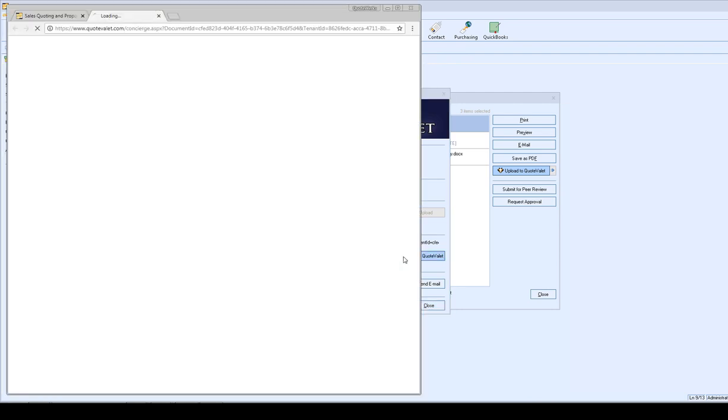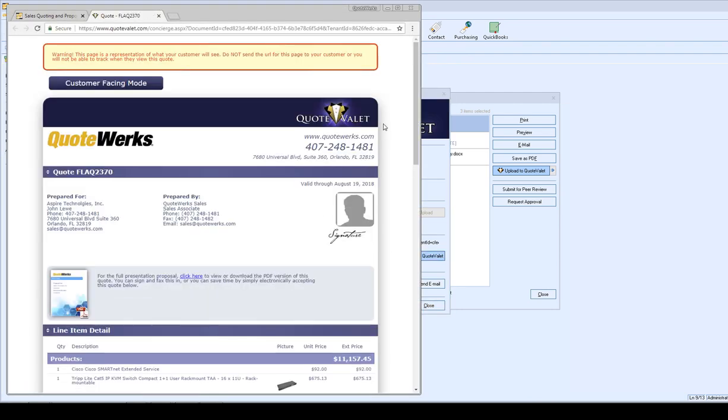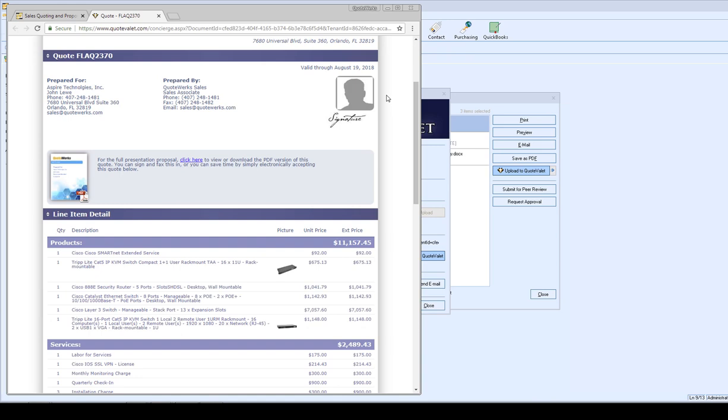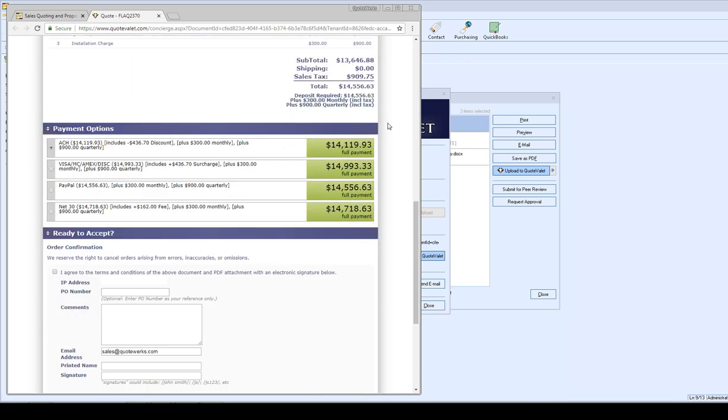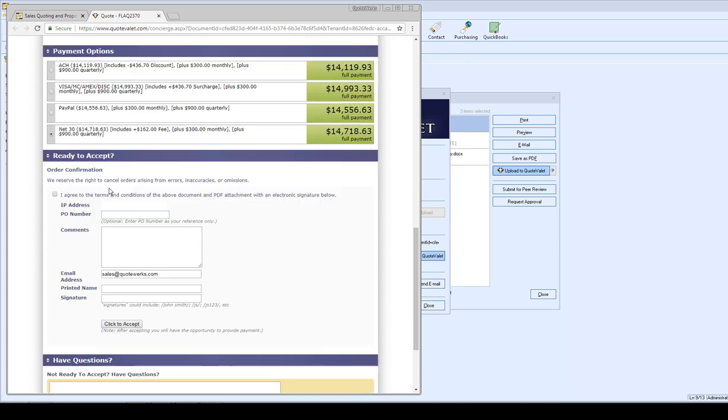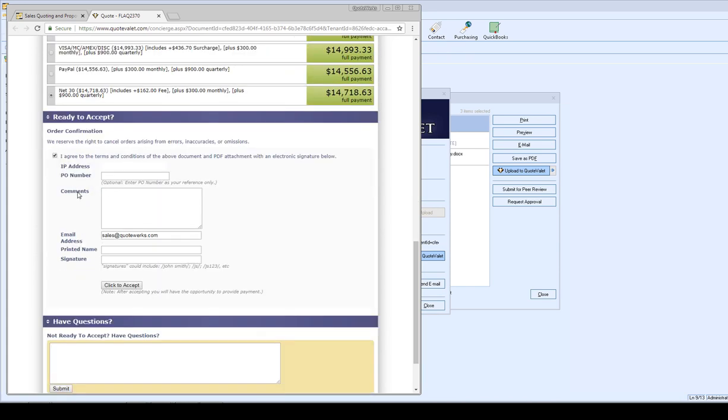Okay, let's go ahead and preview this document, make sure everything looks okay. And we'll scroll down, all our products and services look good. And then you'll see the payment options are going to appear automatically on your documents with your pre-selected option already set. If the customer wants to change it, all they have to do is simply click on the payment option they'd like to select. So if our customer decides to pay by, we'll say net 30, and they agree to the terms and conditions and they sign off on the document,